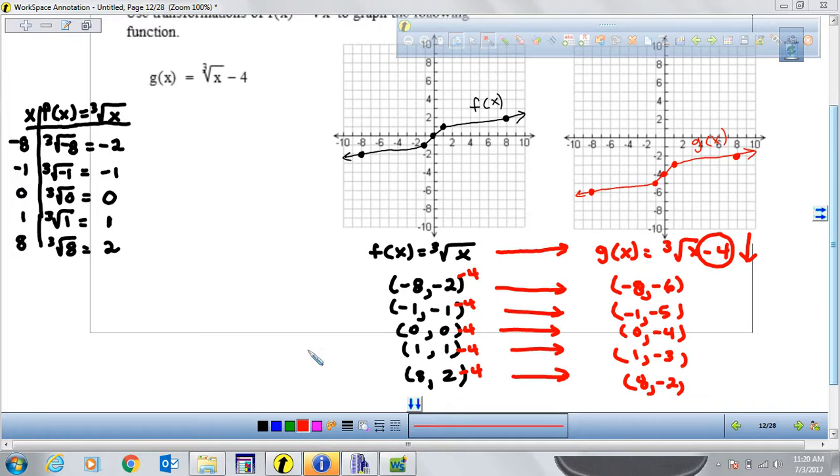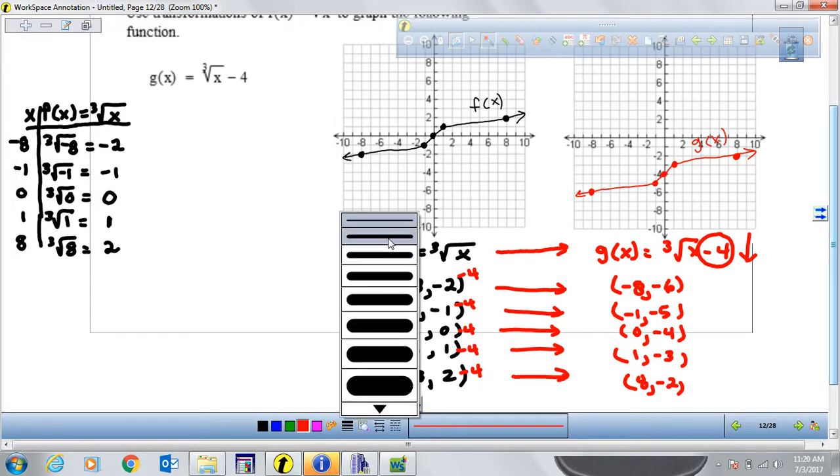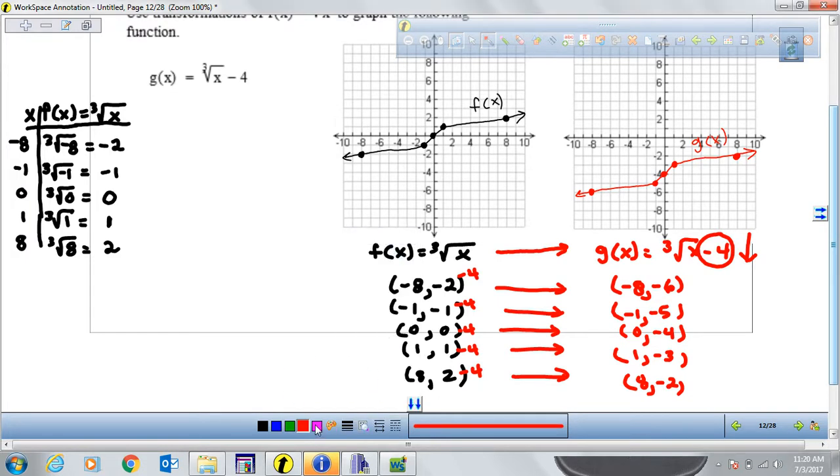Now, a lot of the questions in this section are going to ask you to describe the transformation. So I'm going to be describing the transformation on every problem. There are some that don't ask for that, but I'm going to write it for all. So what we're going to say is the following, that the graphs are basically the same. So we're just going to say that the graph of g of x